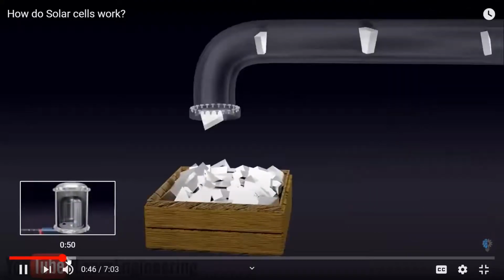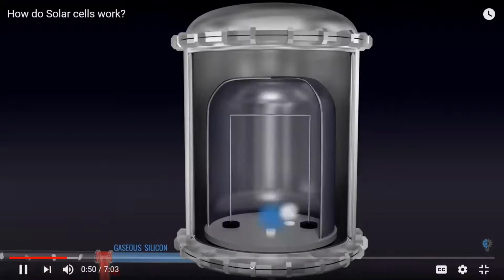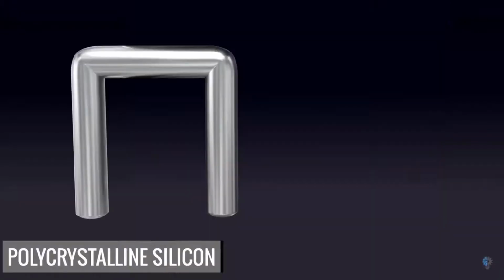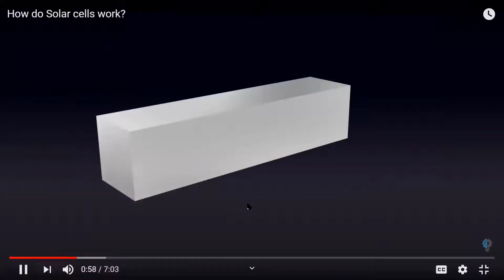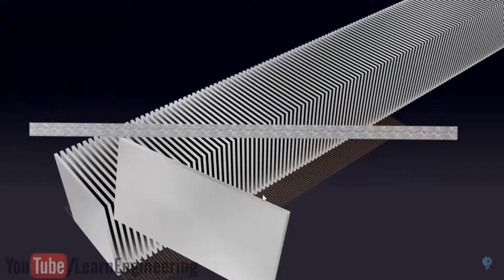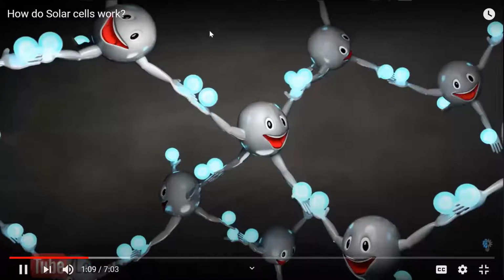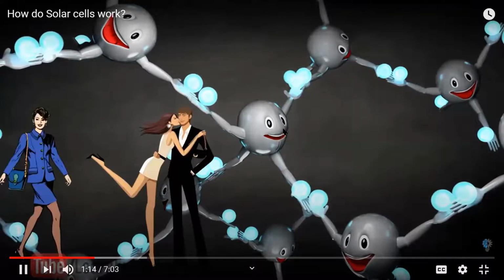Sand plus carbon is how we make raw silicon. He's trying to explain how the solar cell is made, and what the material is. They are mixing the sand and the carbon to form silica particles so that it will easily absorb more amount of heat. So the material used is silica, how it is used, and how the solar cell is prepared. That is what he's trying to show here in a detailed way, at the molecular level, at the base level.